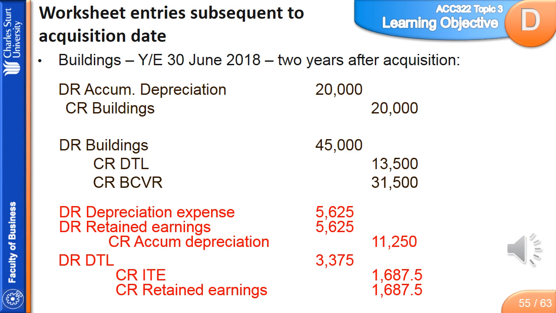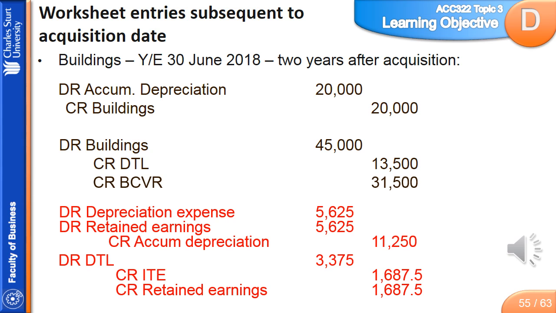Now looking at the buildings 2 years post-acquisition as at 30th of June 2018. The entries in black, we just enter them in again, same as 2016 and 2017. However, if we have a look at the entries in red, a few more things are going on here. So firstly, we've recorded the current year's expense, depreciation expense, via the debit to